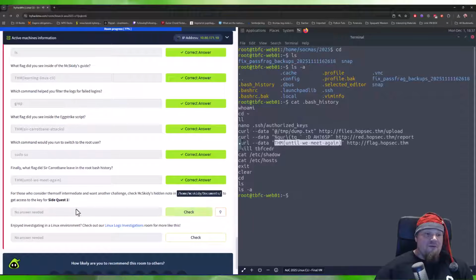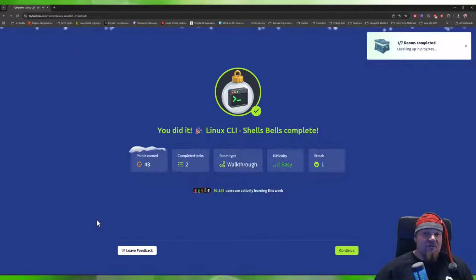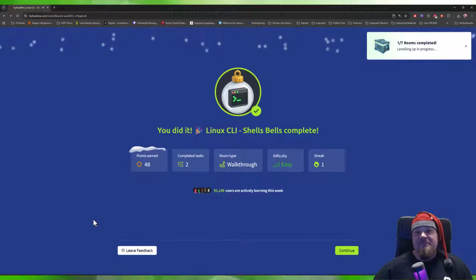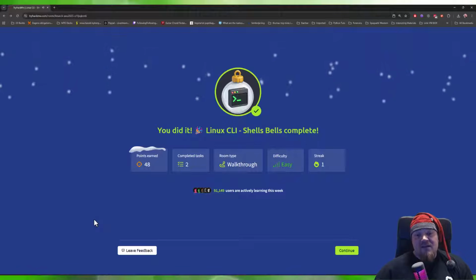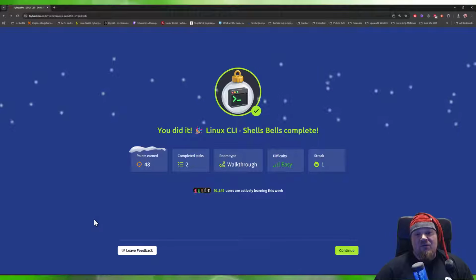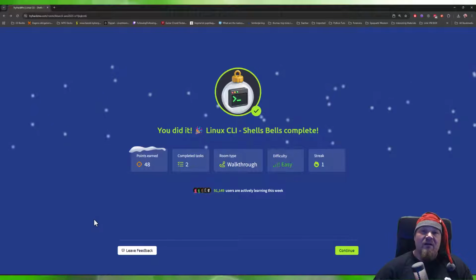Now, there's a side quest. You can go ahead and do that if you wish to do it. I'm going to check these answers out, and we're done. So basically, let's go ahead and talk about why command line interface commands are very important in